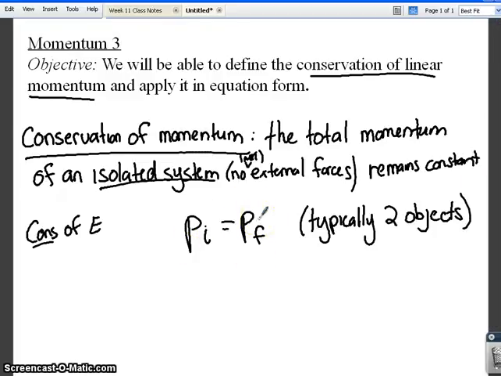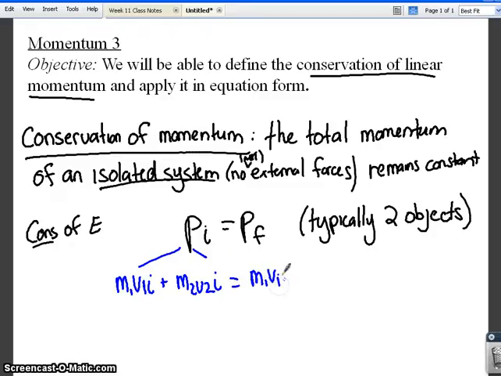Well, we can really expand this out in the sense that we have two objects, okay? So we have m1 v1 plus m2 v2. Now I'm going to go back and put the letters i there. This is my initial momentum